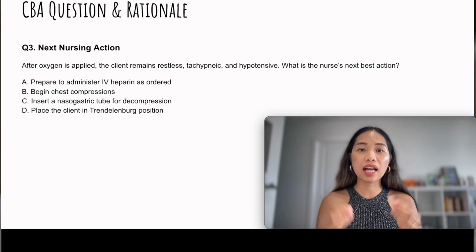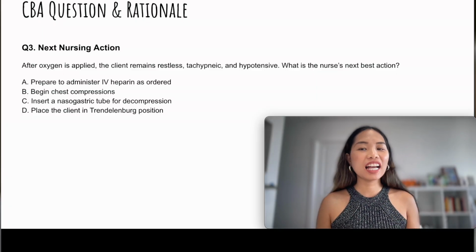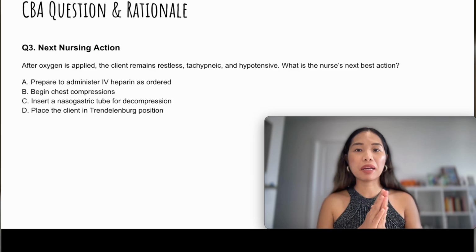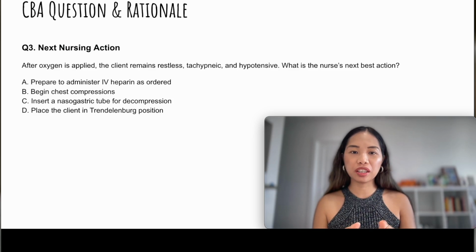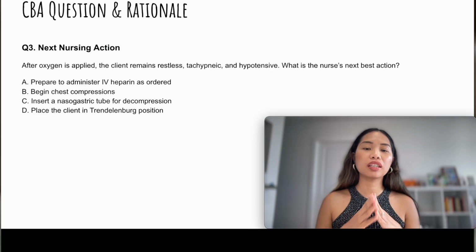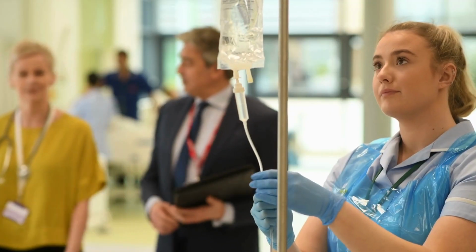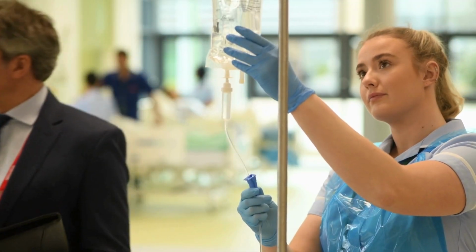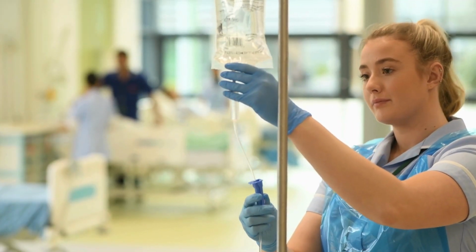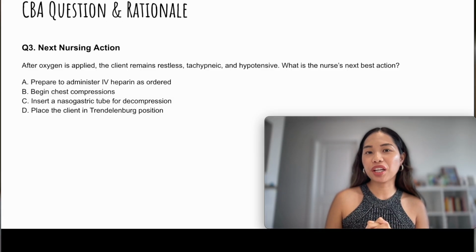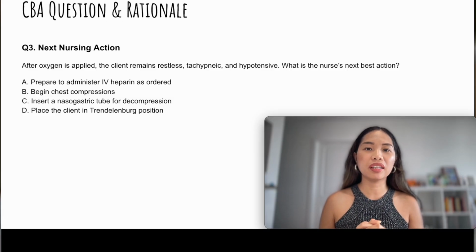The patient has clot formation. And that's why the nurse's next best action, your best action here, is to administer IV heparin as ordered. Something that you also have to remember for NCLEX, when you're doing your NCLEX or CBA assessment,